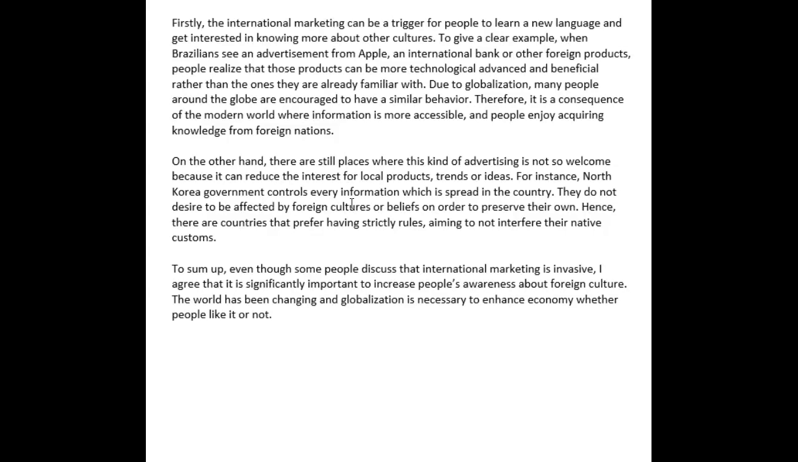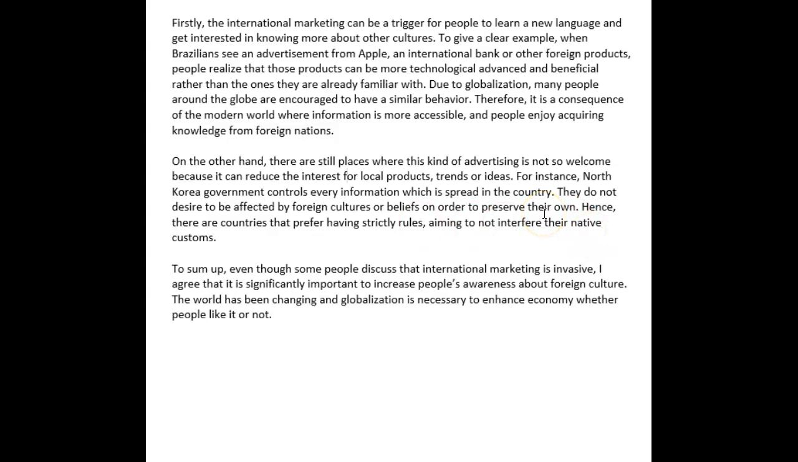Okay, so let's try that. For instance, the North Korean government controls every piece of information which is spread in the country. They do not desire to be affected by foreign cultures or beliefs in order to preserve their own. Hence, there are countries that prefer having strict, not strictly, because it's in front of a noun, aiming to not interfere with